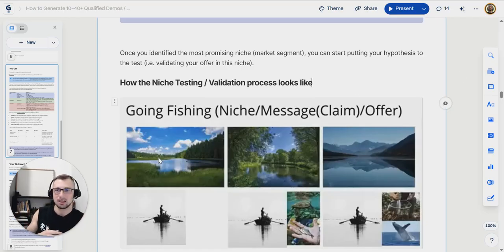So the lake, the location, is like a niche. The bait is your messaging, claim or offer. Let's imagine you went to a lake, you have some worms, and you try and try and try. You're there for hours, but nothing bites. Now, the next day you go to the same lake,